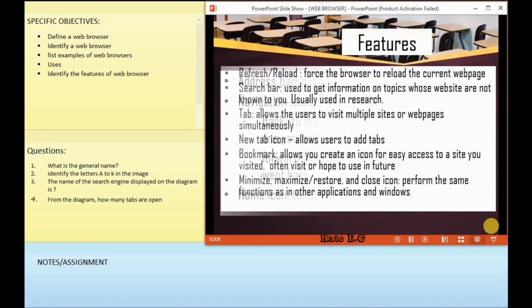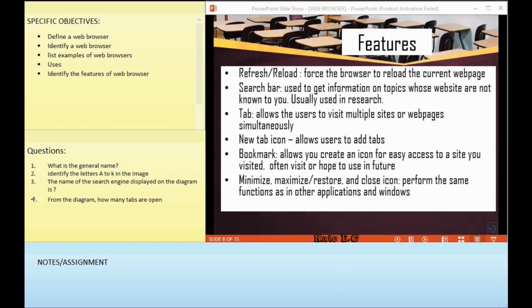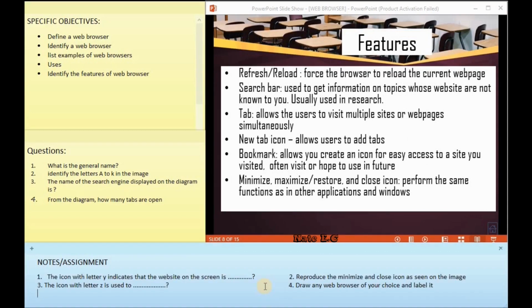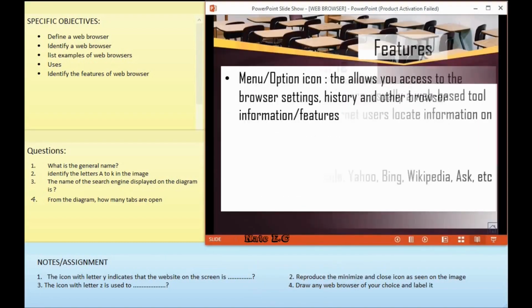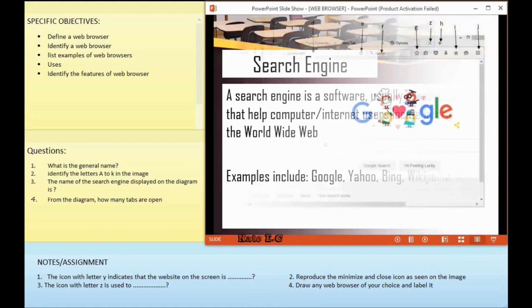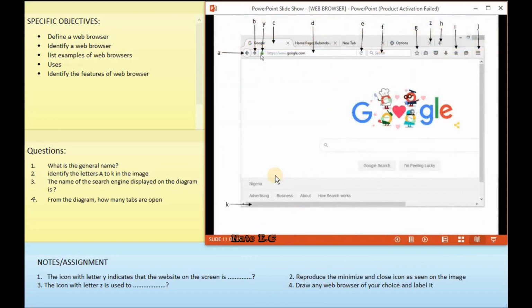All right, having done all this, I would want to leave us with an assignment which you'll find on the notes section now. Good, the assignment is there, and the assignment says the icon with letter Y. Okay, let's go back to that slide. The icon with letter Y, that's it. The icon with letter Y, that's this. Letter Y